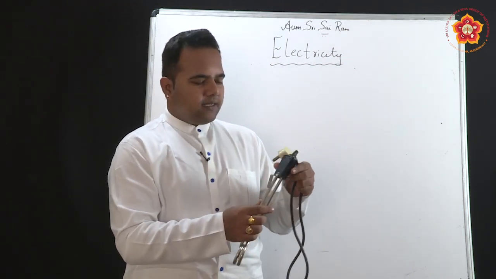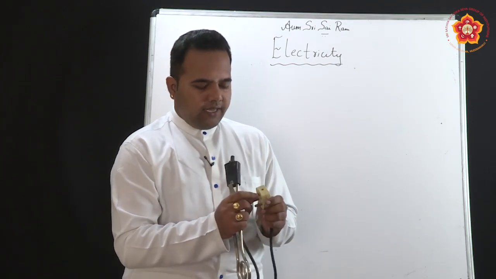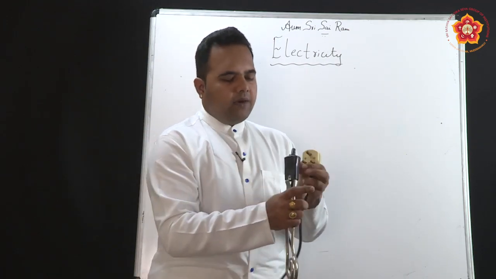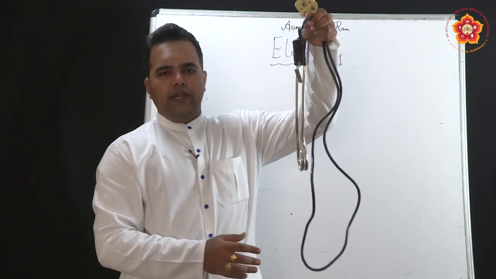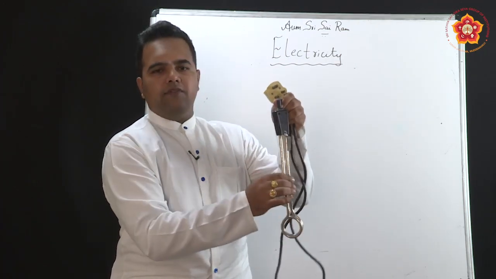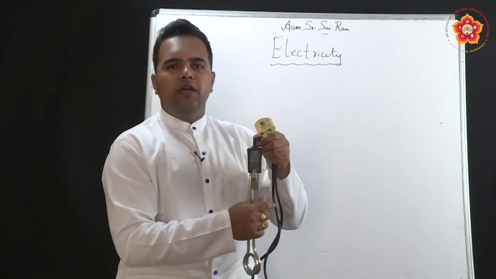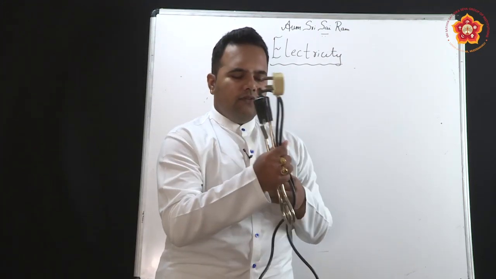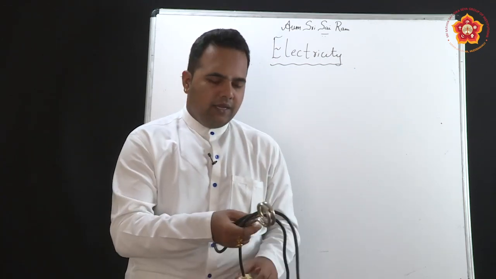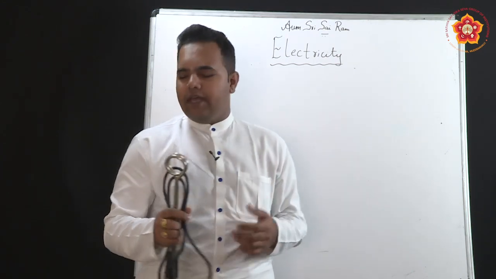Suppose by chance there is some leakage of current, this should be properly insulated. One way of insulating is through the ground wire, this pin, which we will be discussing a bit later, but this is a direct application of the heating effect of current. The current flows into the metal of the wire and this energy will be used to heat the water. So this is one example. Of course, these have been replaced by geysers in modern times, but this is the earlier way in which they used to extract heat energy from electrical energy.